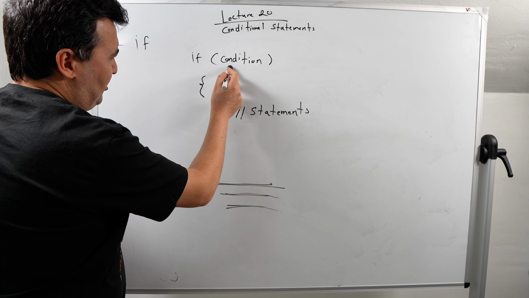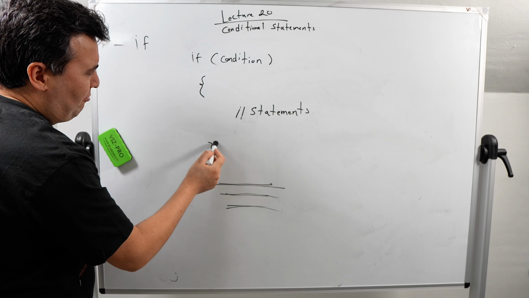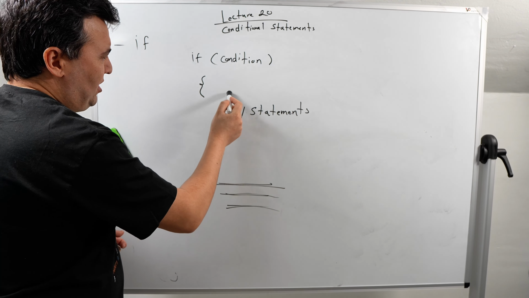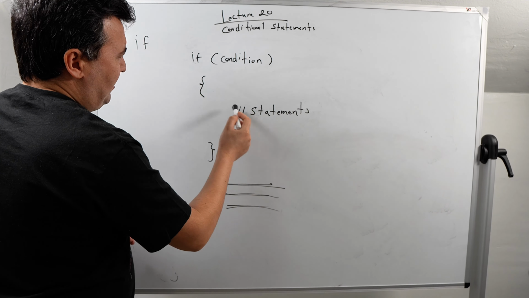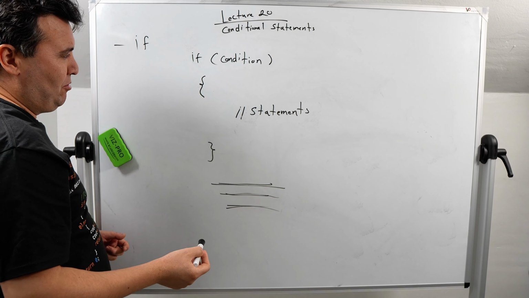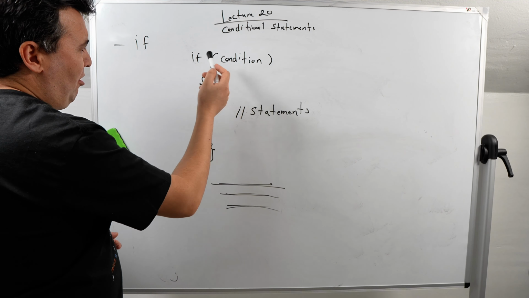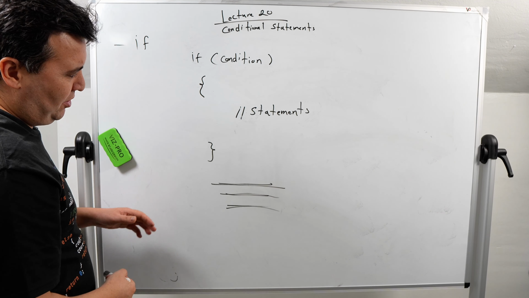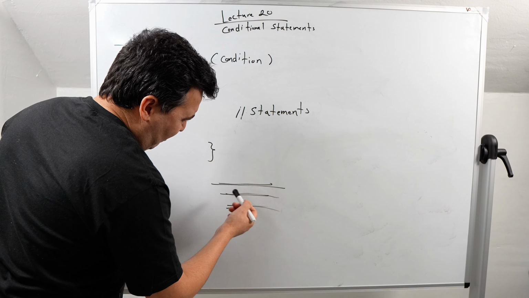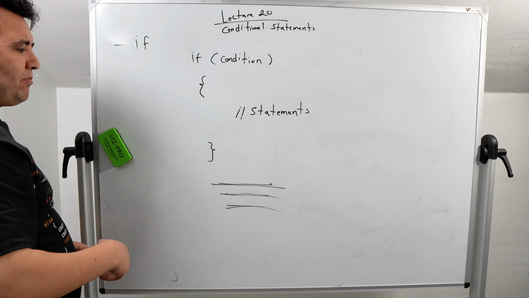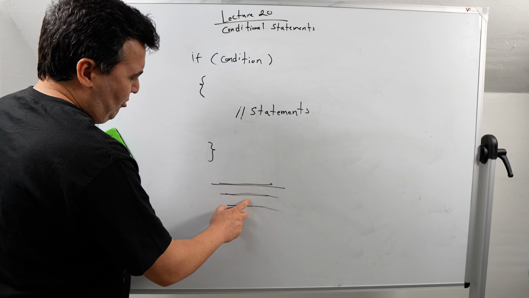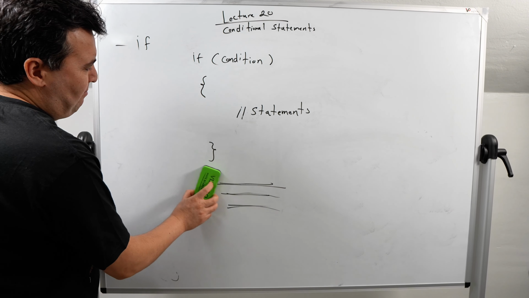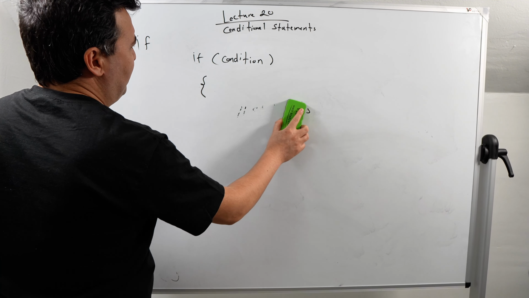So if the condition is true, those statements which are located inside the body of if statements will be executed. If the condition is false, the body of the if statements will not be executed, but after the if statements, the remaining part of the program will be executed. So for example, if we see an example here,